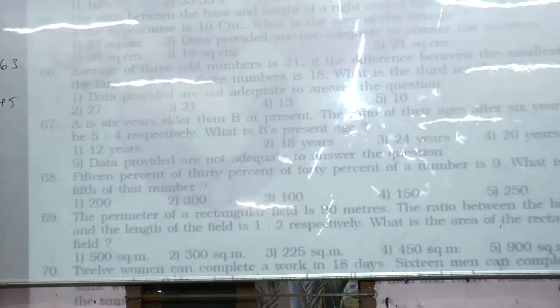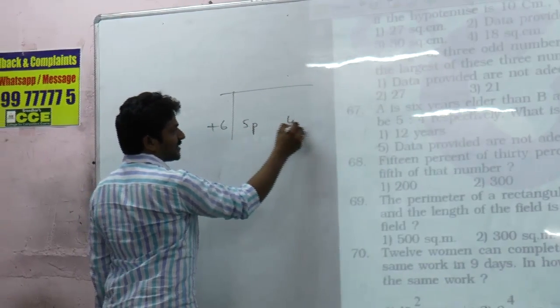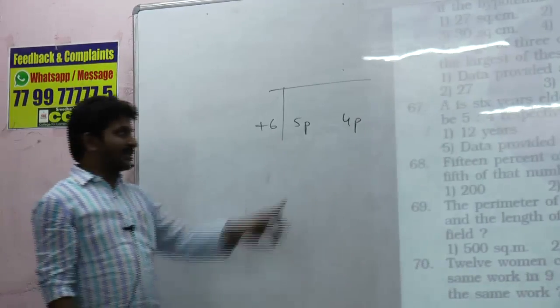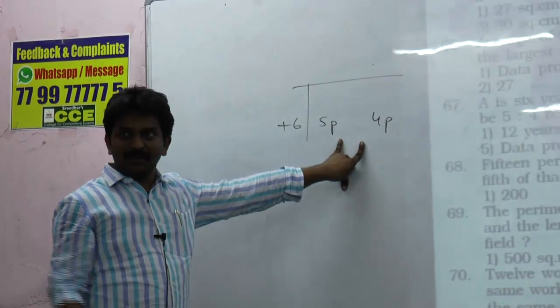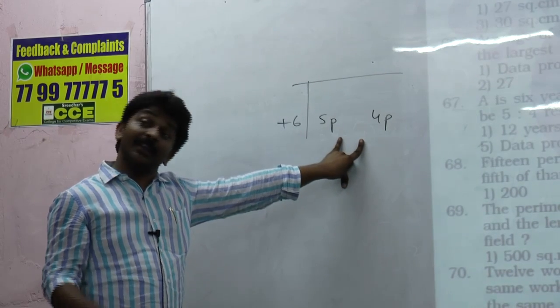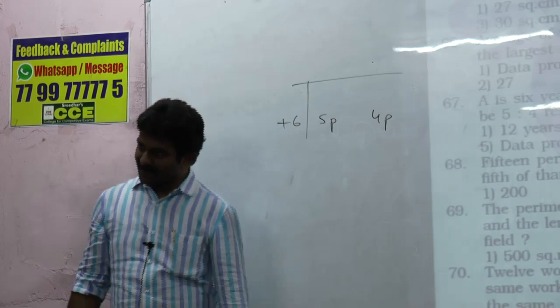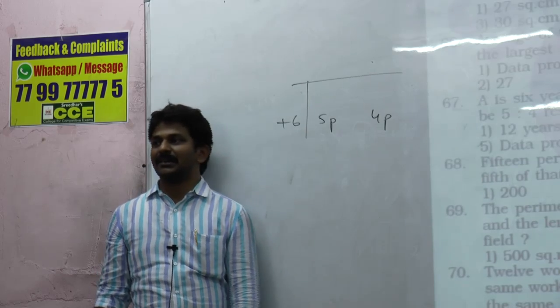Next, 67. A is 6 years older than B at present. So, the difference between A's age and B's age is 6 years. The ratio of their ages after 6 years will be 5:4. So, after 6 years, their ages were in the ratio 5 parts and 4 parts. What is the difference here? That should be equal to 6 years, right? Because the difference between any two persons' ages at any particular time should be equal. At present, if A and B differ by 6 years, in any particular year the difference of their ages should be